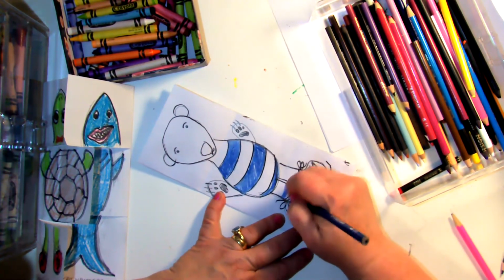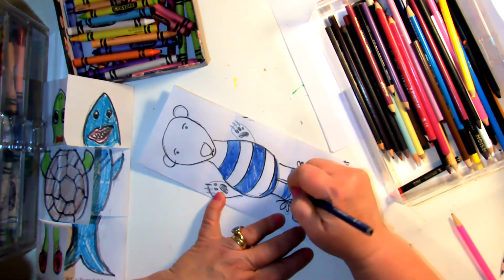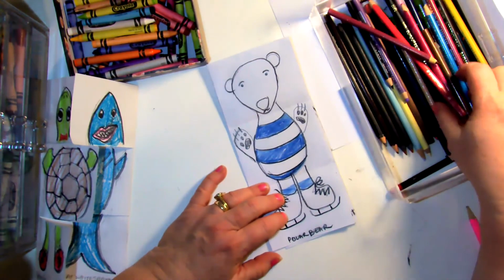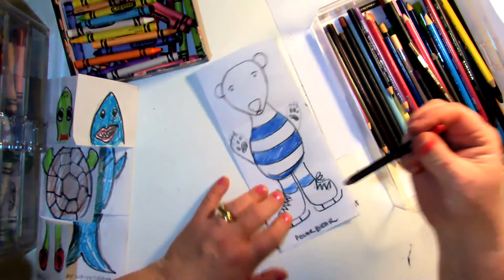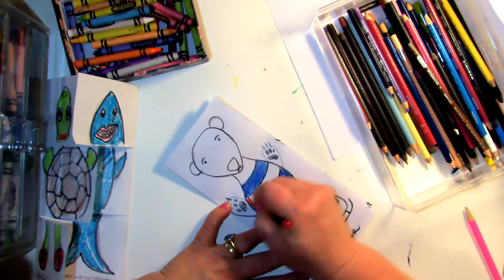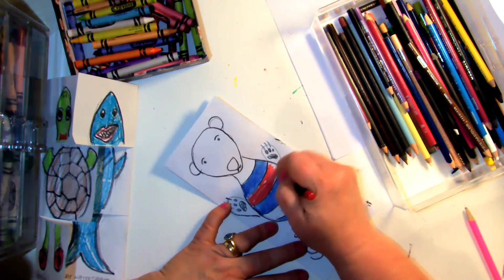Maybe he has blue socks. See, those little details make things really cute. So if you think of them, go for it. Don't be shy. Here's Mr. Red. It's small. I gotta get a new red soon. You see how beautiful that